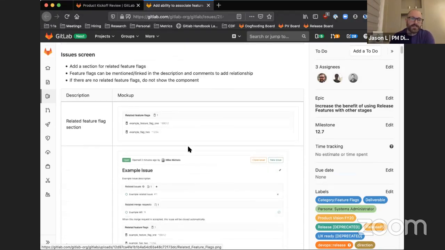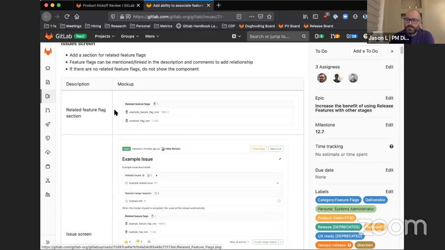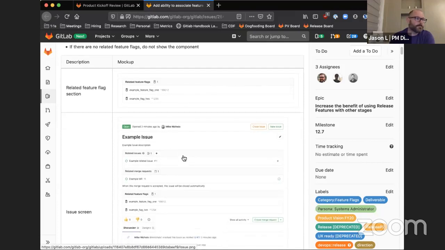From the issues side, then you'll see the related feature flags that are associated with that issue. This is kind of a pattern that we're taking with a lot of the features that are going to be coming out with in the release area related to the releases feature and feature flags. And really taking advantage of the GitLab single application to tie these things together, provide the context in the merge request, provide the context in the issue, and really make it possible, unlike what any other application out there can do, to give you all the information that you need when you're delivering software at the time you need it.